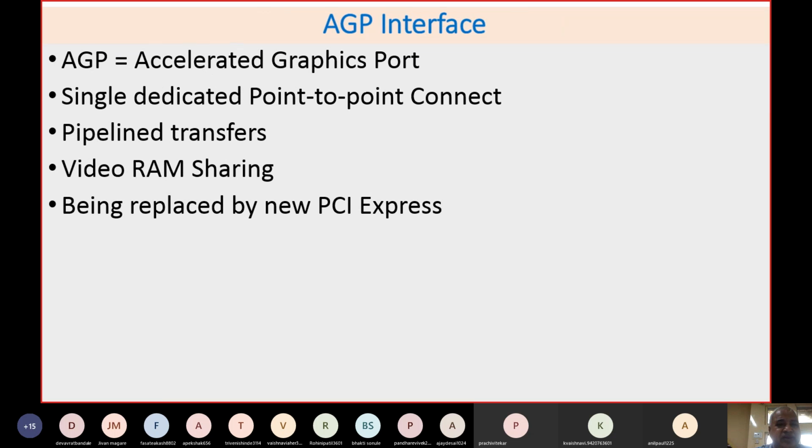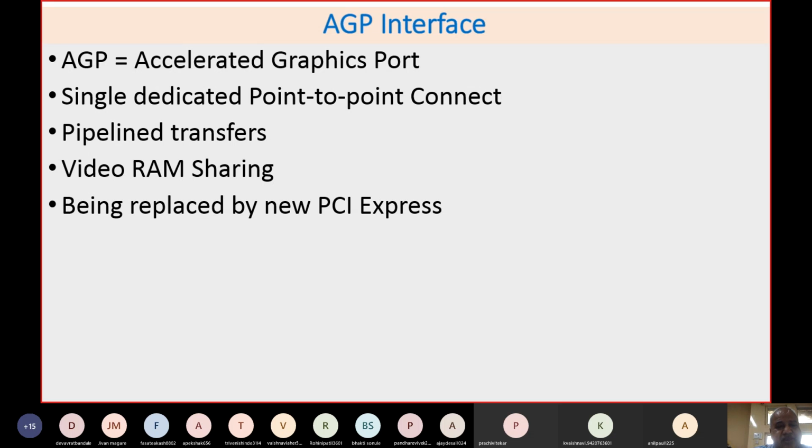In this AGP interface, accelerated graphics port, there is a single dedicated point-to-point connection. That is what we say. This is a direct connection between memory and GPU. Pipeline transfer, that is, data are transmitted in the pipeline. Whatever data is to be displayed next, the images are already created in the pipeline or stored in video RAM buffers, what we call the frame buffers.